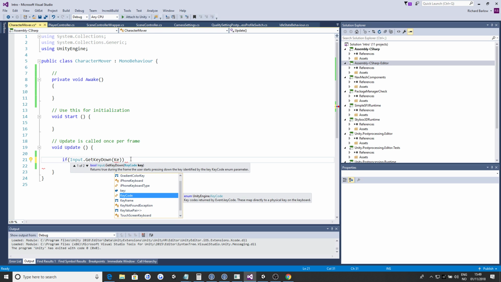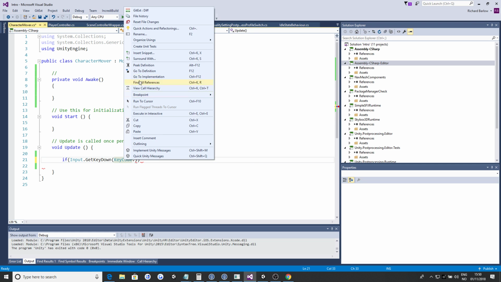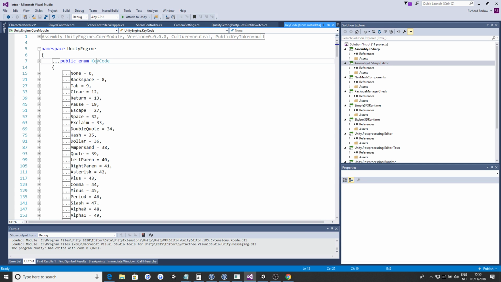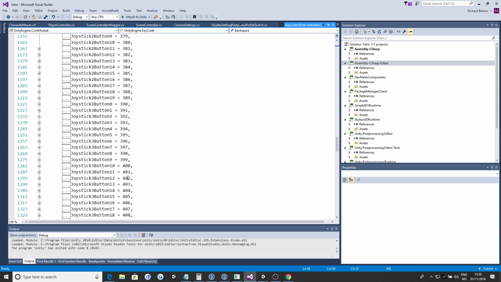Enum. An enum. Okay, good. So, as some of you know, an enum is basically a representation of an integer number normally. So, if I just go to the definition of this particular enumeration, you can see that these key codes have a textual form. So key code none is 0, backspace is 8, and then you have joystick buttons